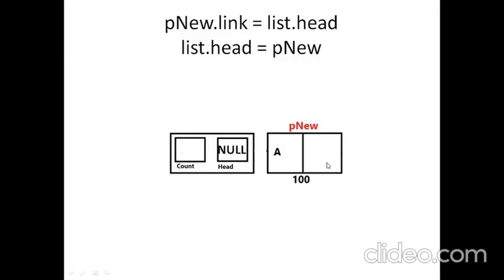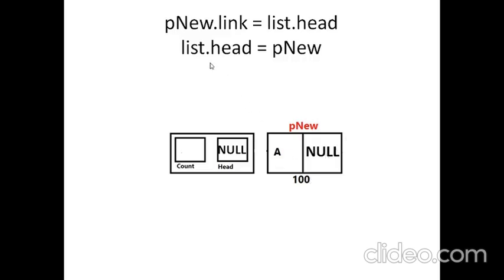Now what should happen? We have to construct a new node, which has been done here, and we have to copy the data into the new node. That's also done. What now needs to be done is that we have to attach or connect them. That connection is done with these two lines. pnew.link, which means this is pnew and this is the link field which is currently empty. pnew.link equal to list.head. That means this is list and its head value is null. So what will happen? Simply null is copied into the link field of the new node because it's not going to be pointing to any node, so it's a null value.